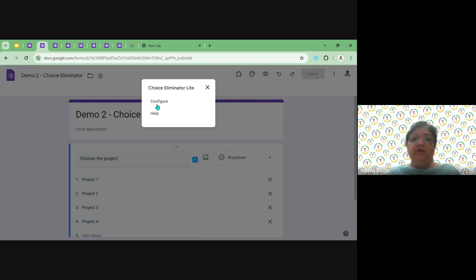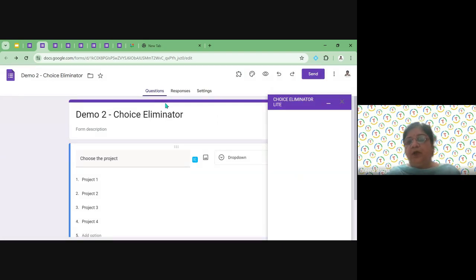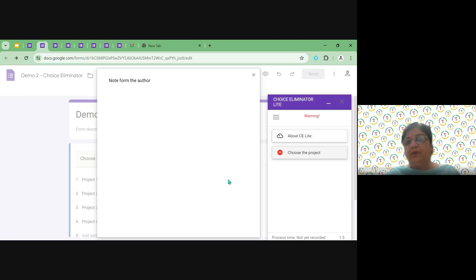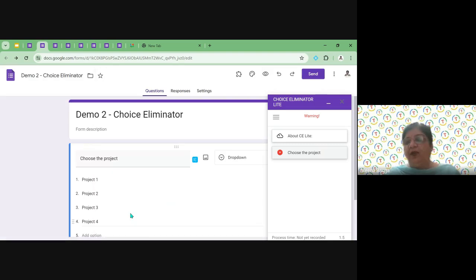Here it is configure. I just want to configure. Again, the window pops up here on the right side. It is asking me something. You can read it once. Choose the project. This is just the question. Yes, I want in this question itself. Eliminate choices.